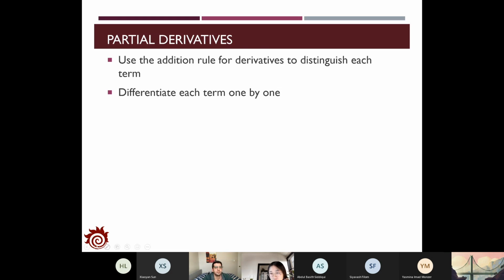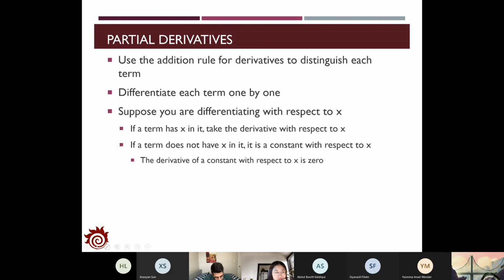And if you are doing the differentiation with respect to the variable x, then only the term with the x will be considered. For the other terms that are not related to x, you can consider them as a constant. And in that sense, the derivative of those constant terms with respect to x will definitely be 0. So that's the fundamental rule for you to find the differentiation with respect to x for the